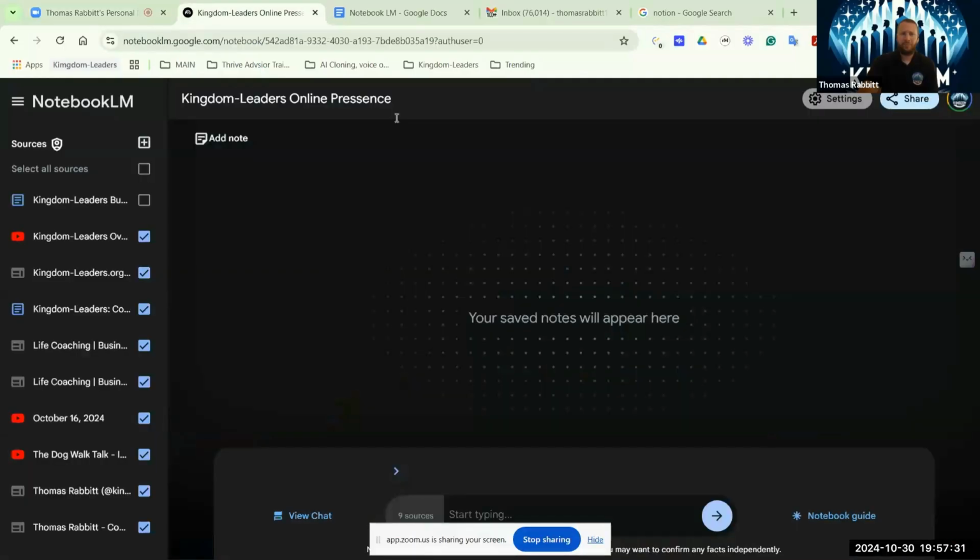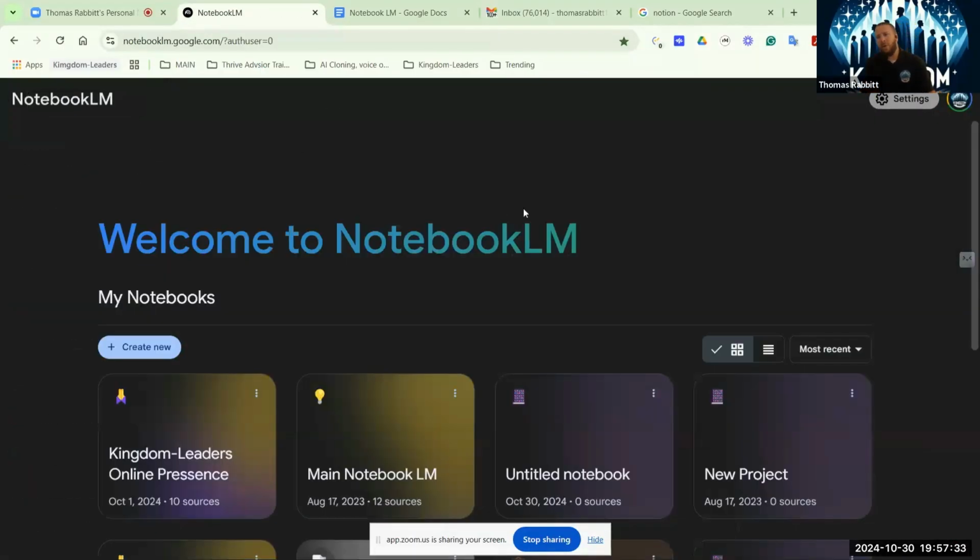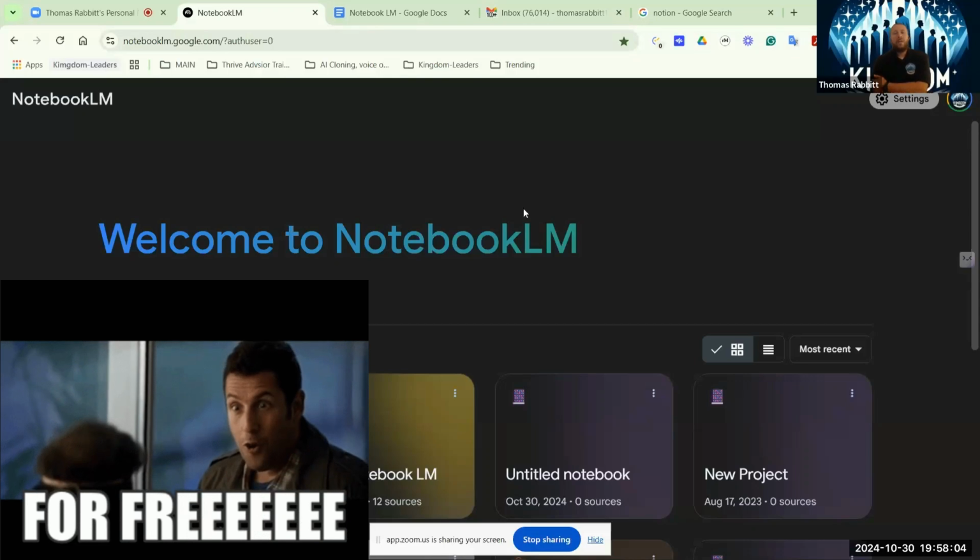All right. So we're going to go to the main page. Now, in order to sign up for this product, I believe you still have to go to notebooklm.google.com, and then you have to fill out a form. In rare cases, if you already have a Google account and you already have Labs attached to it, then you may not have to do that. But it's very simple. You just click on the form, you answer a couple questions like what are you going to use it for, and then within 24 to 48 hours you'll be able to use this amazing product. And right now the best part about it is that it's free. Okay, so you don't have to pay a dime.